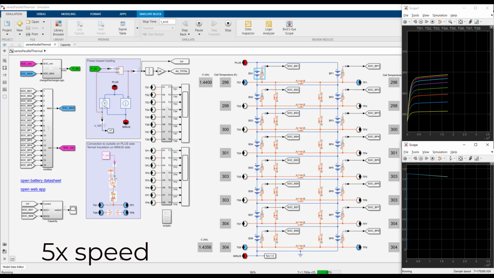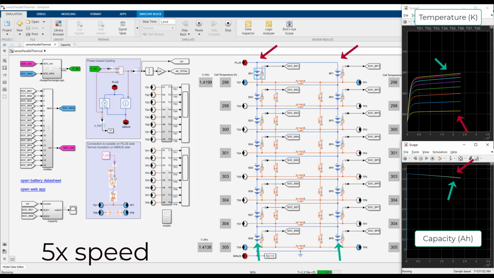Because of the asymmetrical thermal layout of the system, the temperature of each individual cell evolves differently. Cells at the top are colder than cells at the bottom. This means that their rate of aging is also different from one another, i.e., their capacity and internal resistance are different. This divergent evolution of the cell degradation effectively means that each cell develops a cycle life that is different from those of the cells around it.